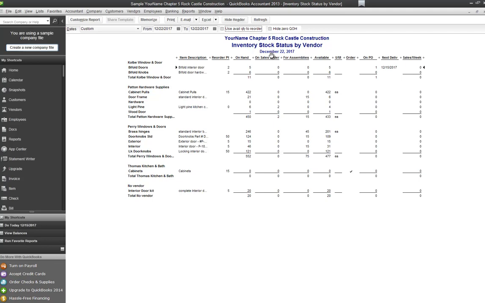I should see 5 bifold wood doors on hand and 1 more on order. So here's my bifold doors. On hand, 5. On purchase order, 1. So I still have 1 more on order. And that concludes chapter